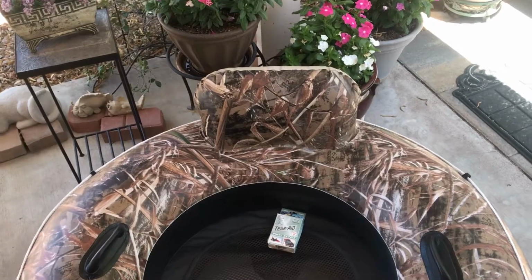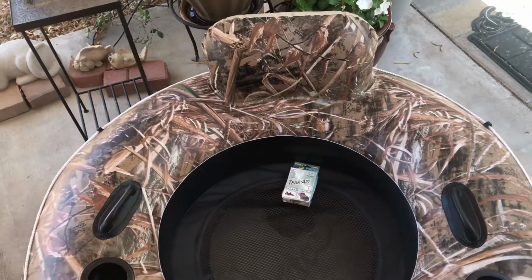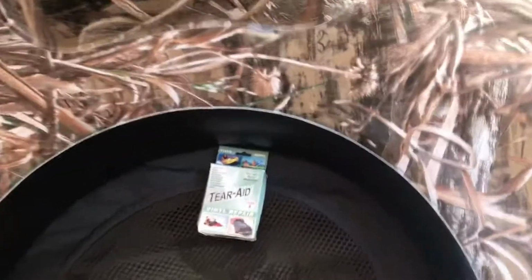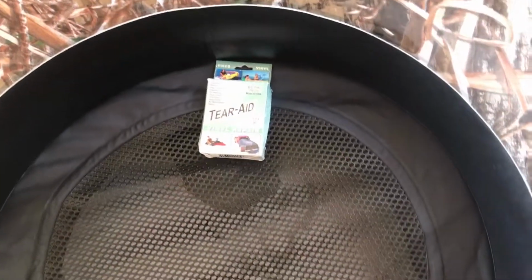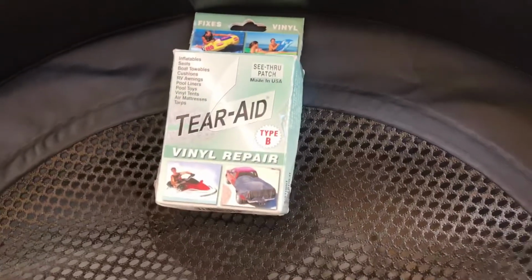Alright, it's had time to cure out for a couple of days. It looks like it's holding air pretty good. I've gone ahead and added a piece of vinyl repair. It's just kind of peel and stick. It's called Tear Aid Type B. I just put it on there just for some added protection, but